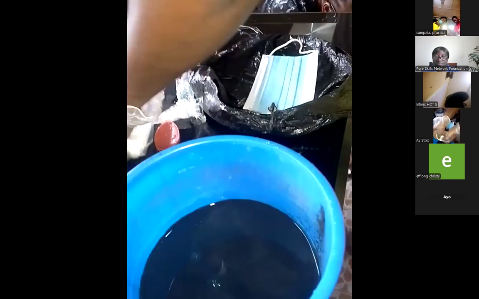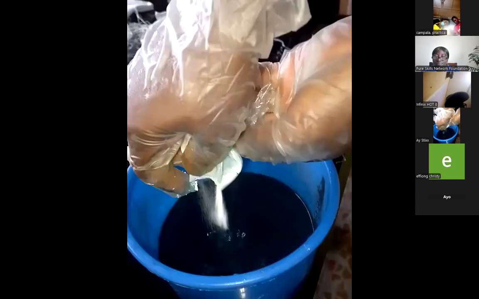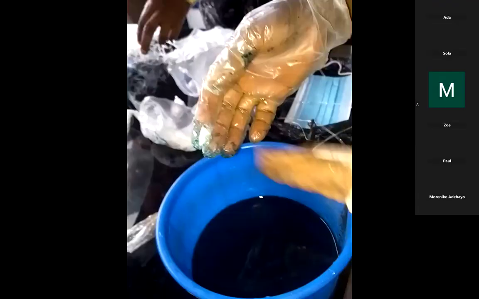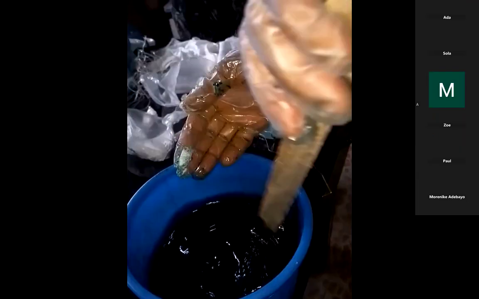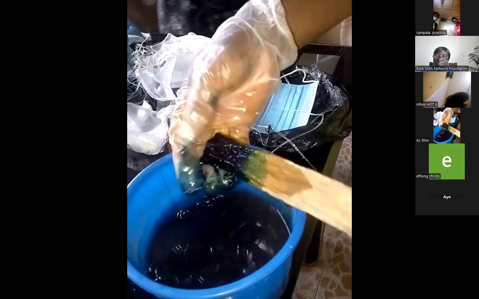This is the caustic soda again. This is hydrosulfate, like sugar. Very powerful. We now stir it together. Tell them about the odor.